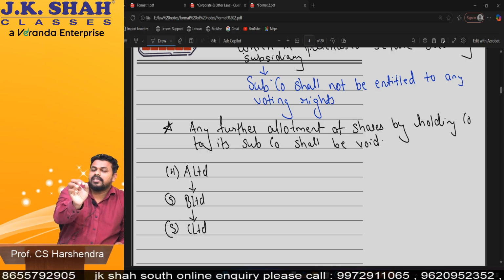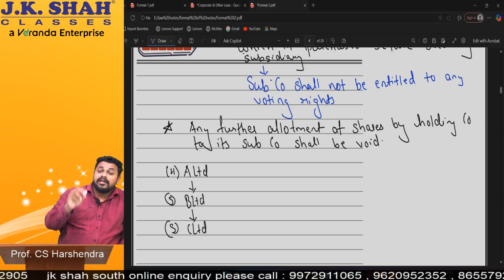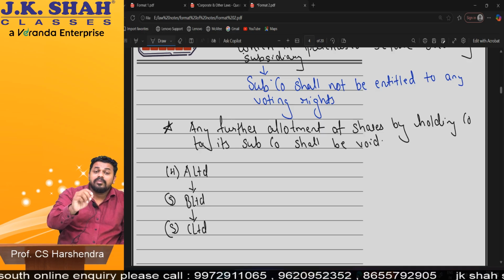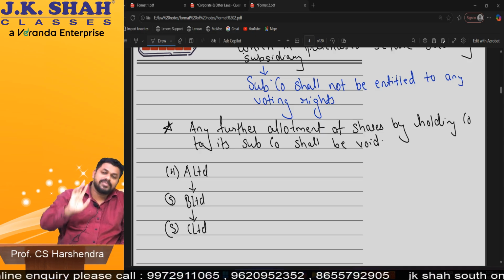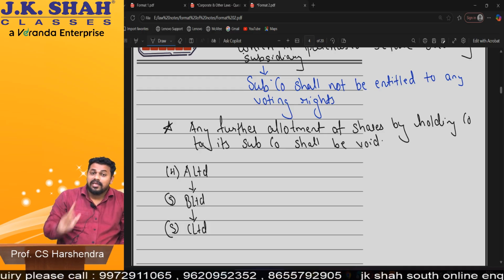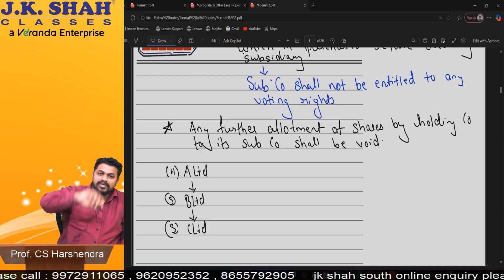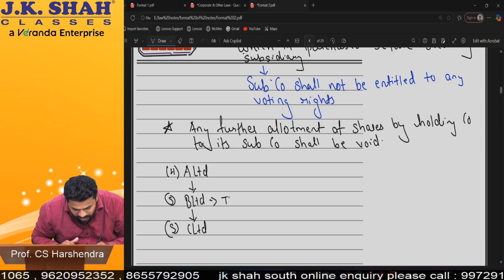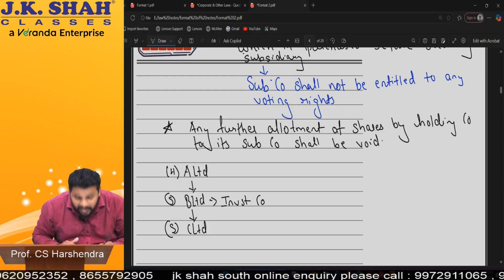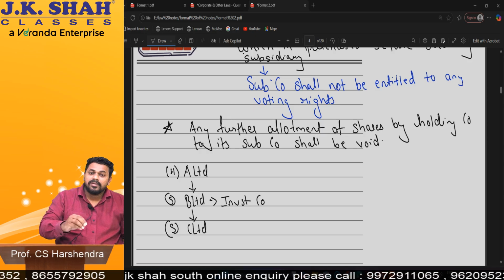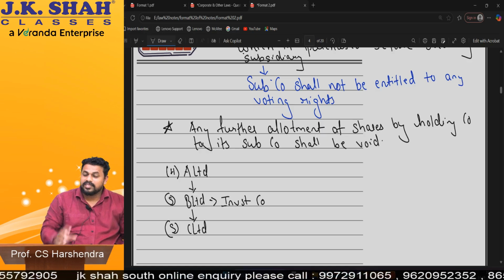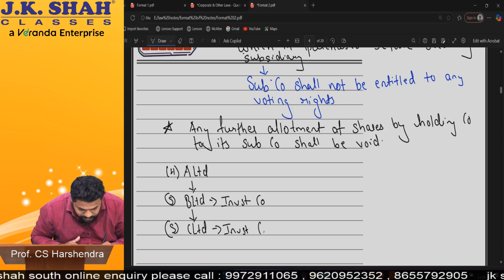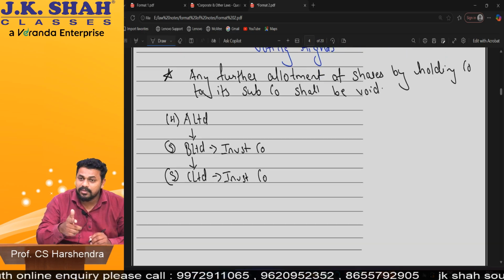Like this, how many layers can there be of subsidiary? See, there is one word which people miss. There can be n number of layers of subsidiary, but there cannot be more than 2 layers of investment subsidiaries. This word, investment subsidiary, is written in Section 186 particularly. When you go to CA Final, we'll study that. Investment subsidiary means if B Limited is an investment company. In that also many exceptions are there. Investment company means its ordinary course of business is to invest in other companies, like mutual funds. C Limited also is an investment company. So there will be 2 layers of investment companies.